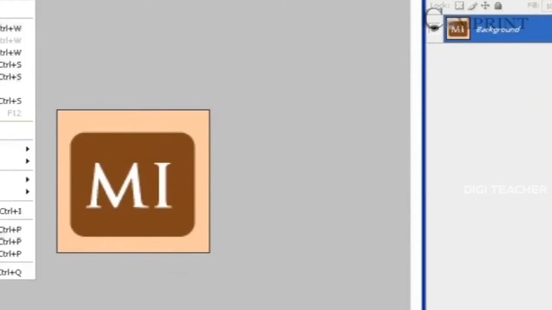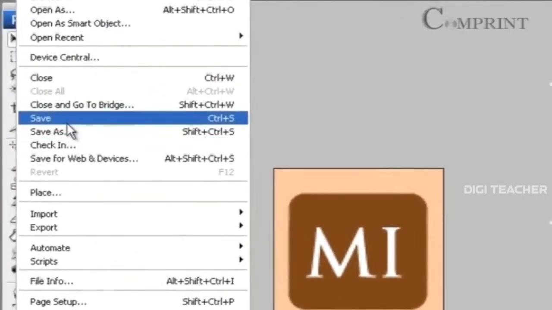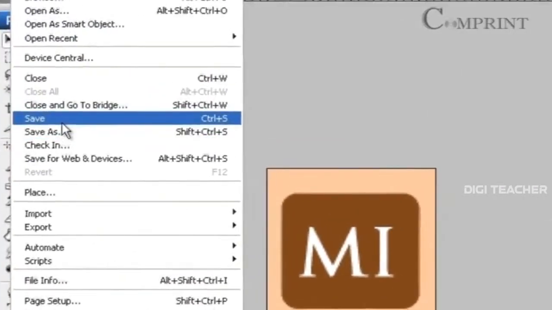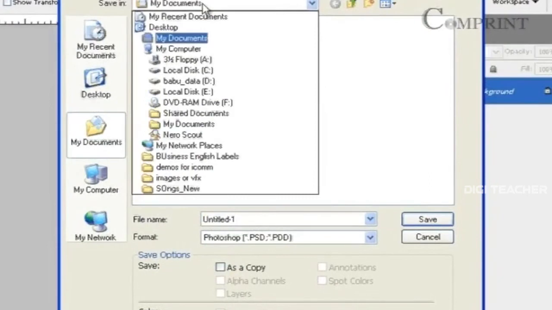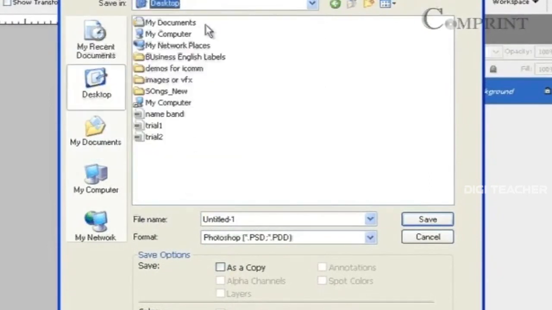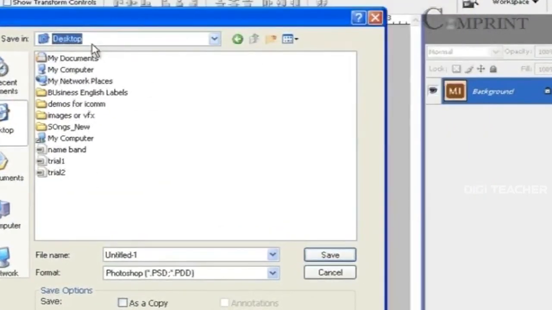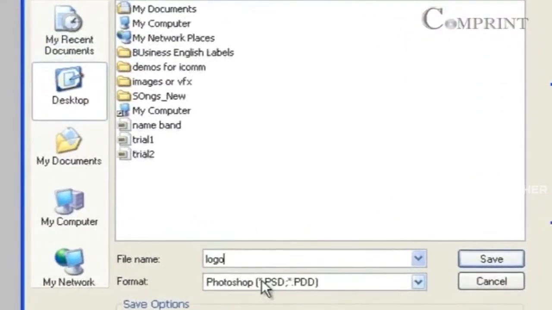Go to File menu and click on Save. Now choose the location where you wanted to save your file. I have taken desktop and give a file name, logo, and choose the format in which you wanted to save it.